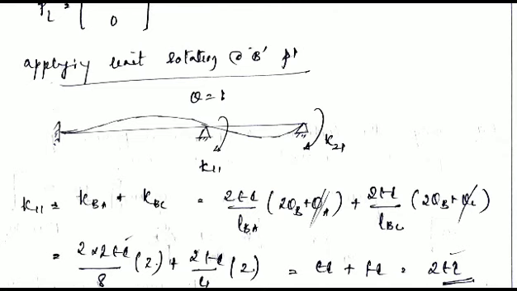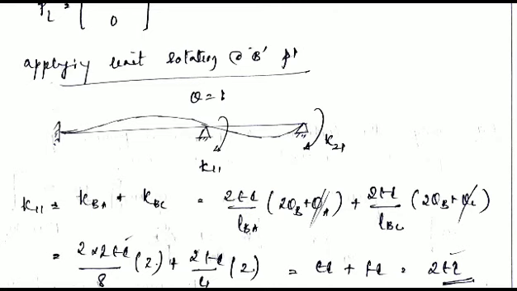As we know from the earlier steps, rotation is applied at B joint. So the remaining rotations, that is theta A and theta C, will be 0 directly, because rotation is applied only at B joint, so only B will be active here. All remaining rotations should be taken as 0.